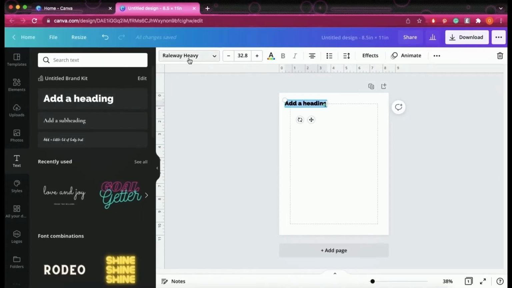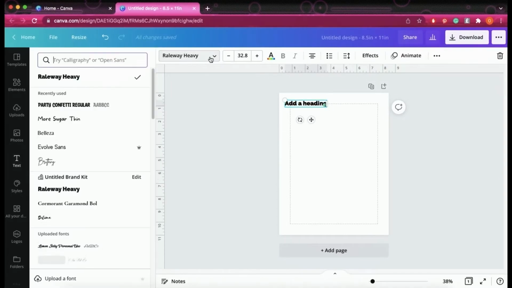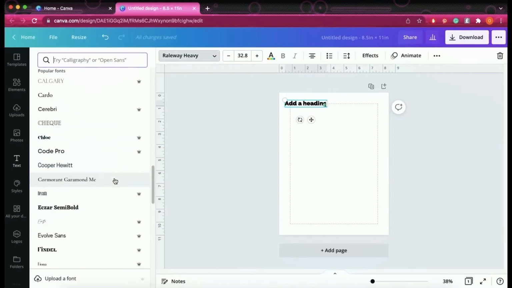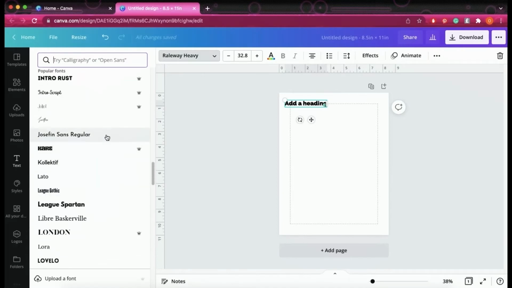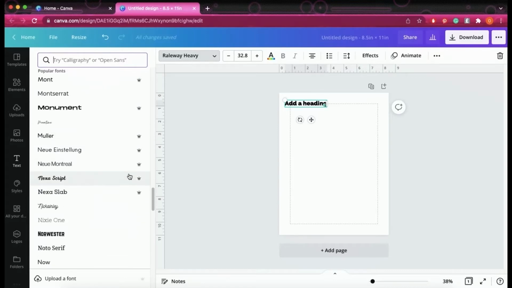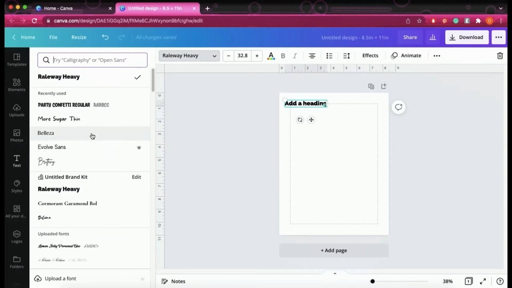So if you click this tab here, it will come up with all the handwriting styles that you want. If you have Pro, you get these kind of added handwriting styles as well. So I'm just going to pick my usual style, which is more sugar thin,